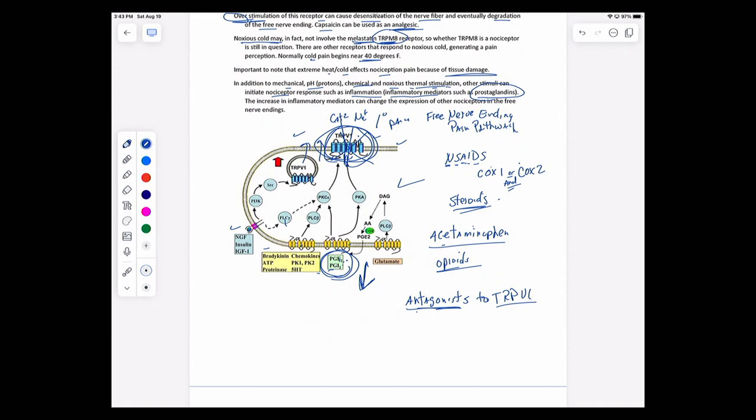Going back to this cartoon, it is not my intent that you memorize that, or that you memorize all the stuff in the cell biology. The thing that I do want you to know, though, is the role of the prostaglandins and the fact that they can alter the cell biology of the free nerve ending part of the pathway, and that they can then indirectly, through cell biology, alter the behavior of that TRPV1 receptor. That part I do want you to know, and that the prostaglandins are a part of the inflammation process.